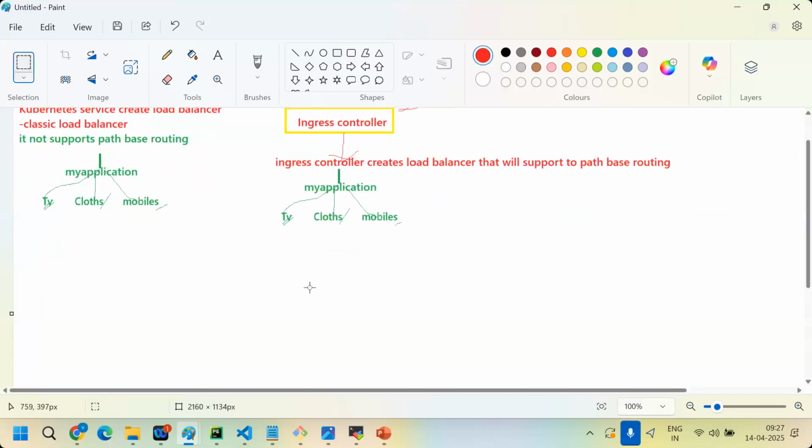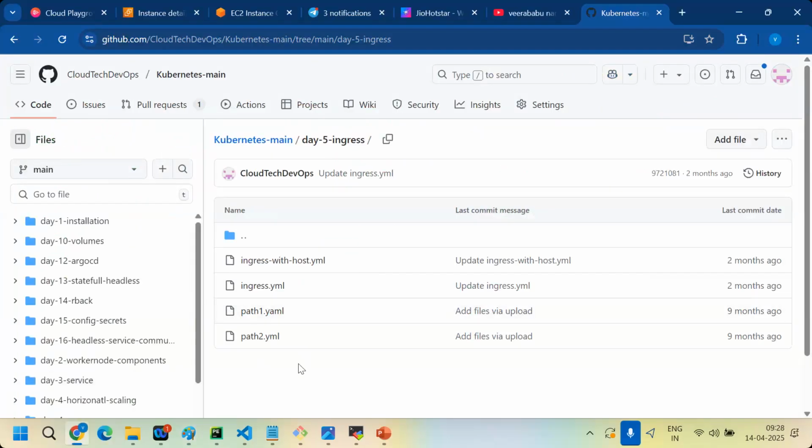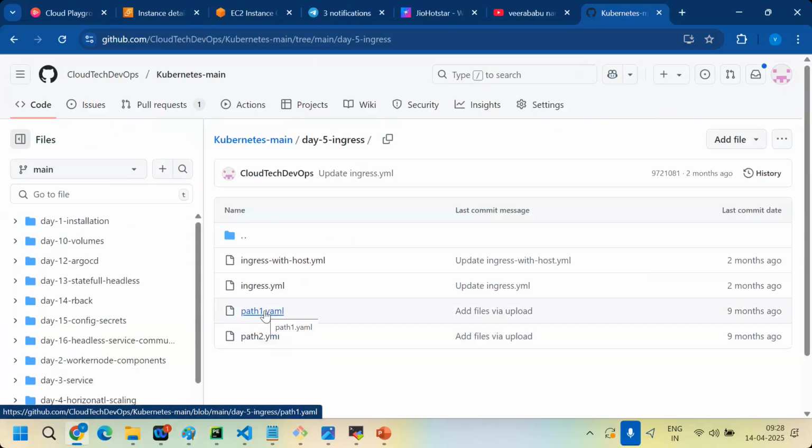Okay. So first, path 1 and path 2. To check, at my end two YAMLs are required, right? This YAML will create one pod. This YAML will create one pod. For example, this is TVs, this is clothing. The TV and mobile applications are different, the image is different, the code is different, so a different pod will be created.